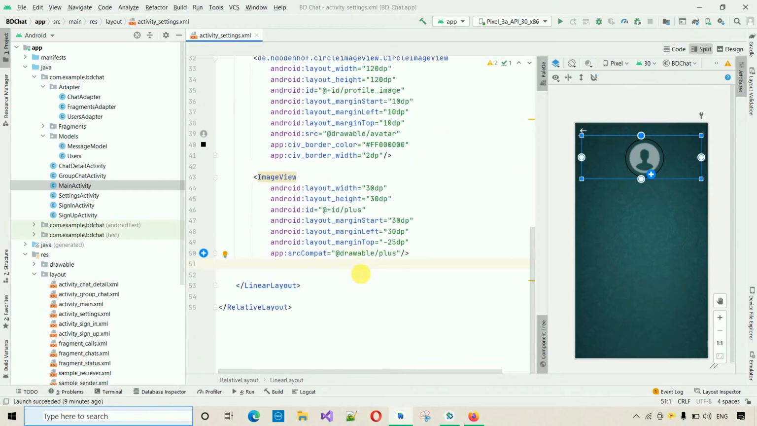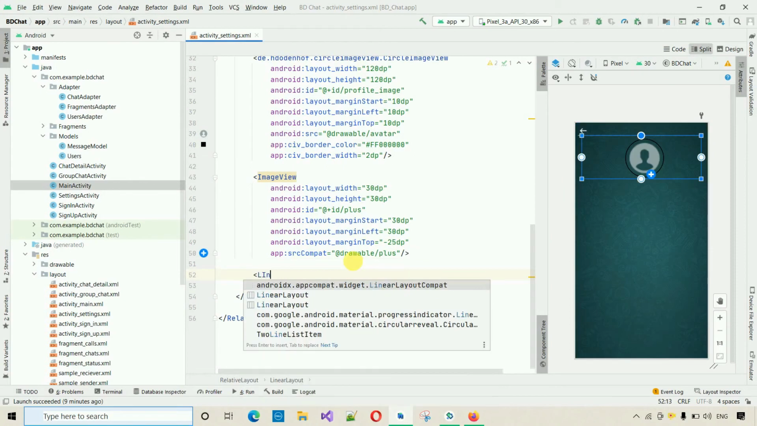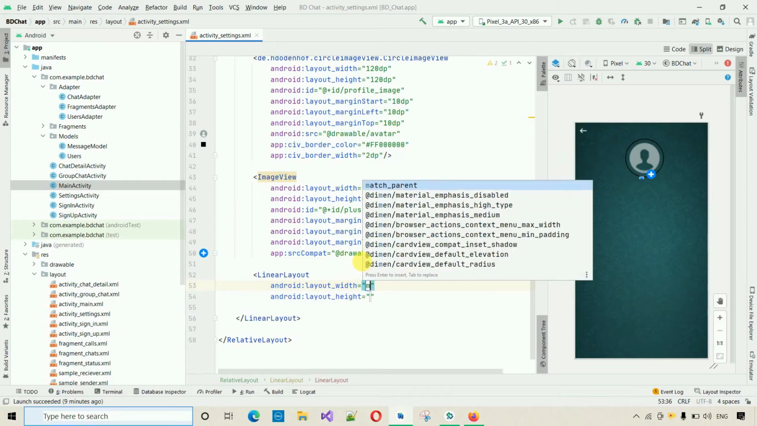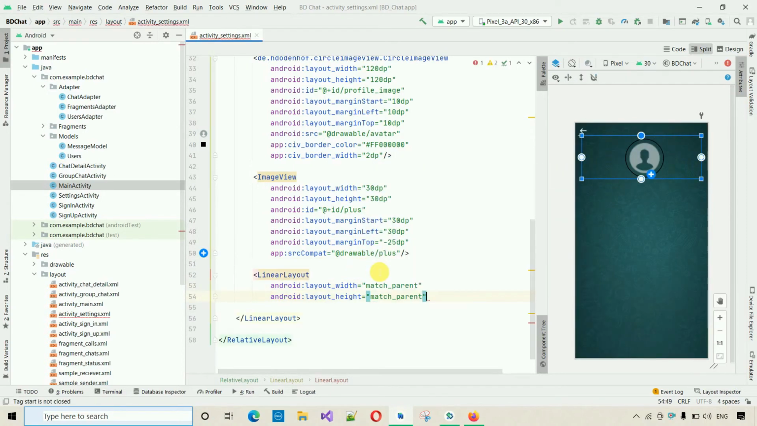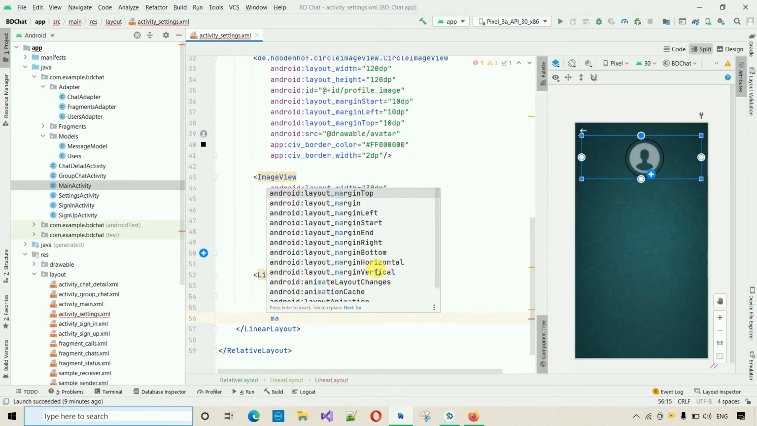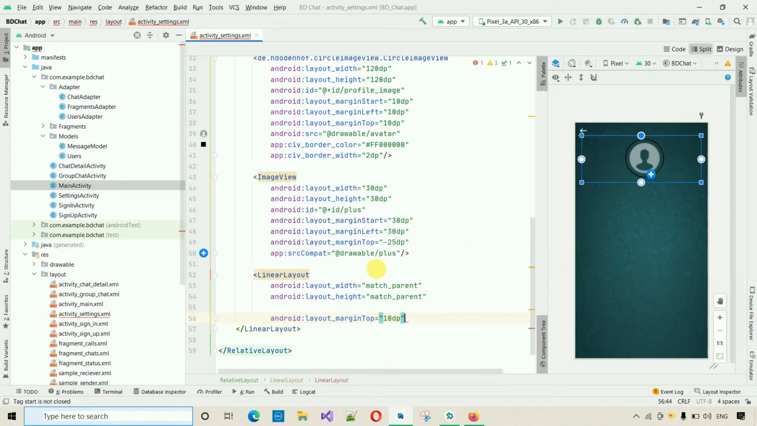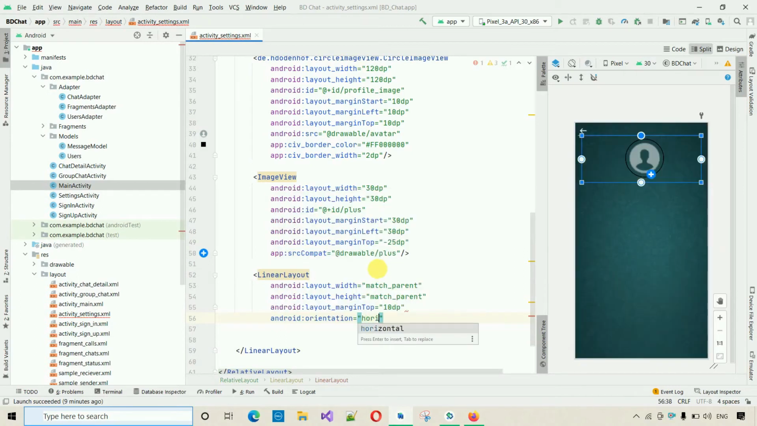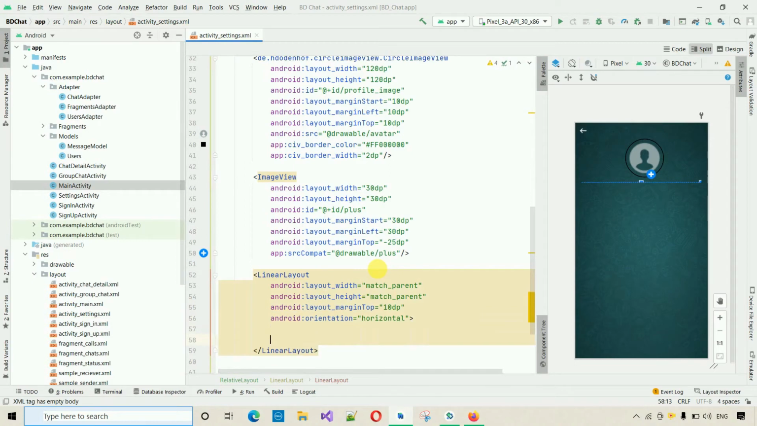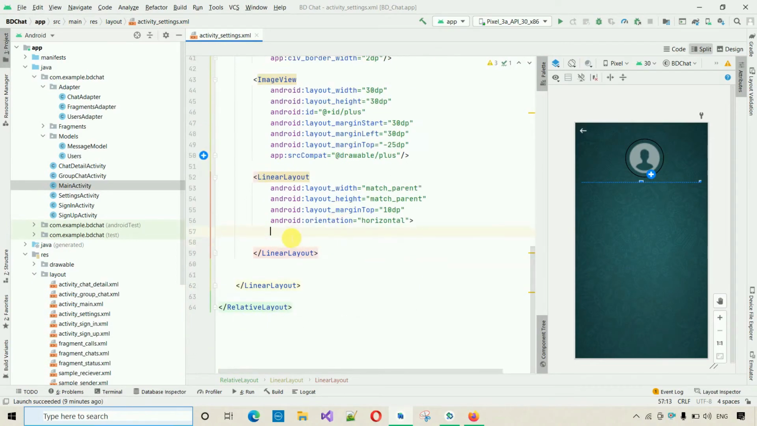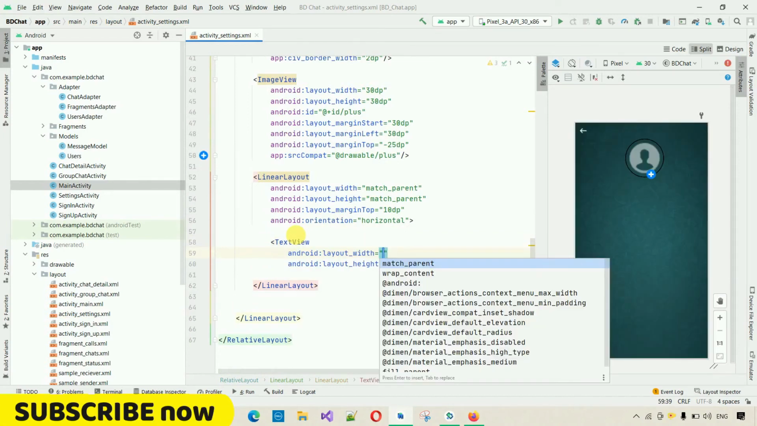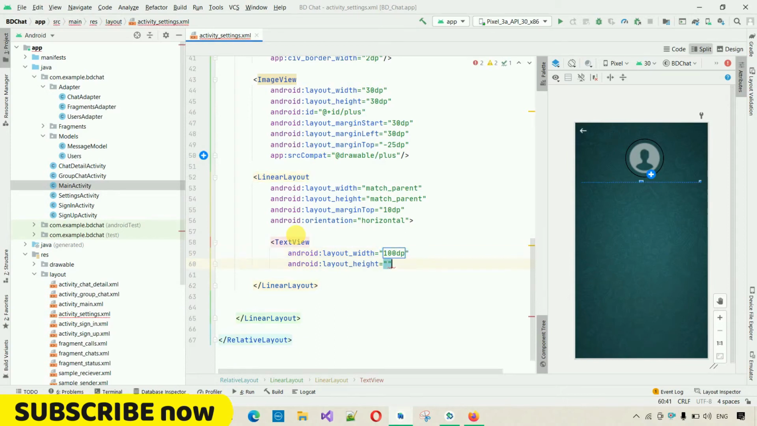I'm going to add one linear layout inside this one. So linear layout, and height and width will be match parent and match parent. After this, I'm going to set the margin from the top, that will be 10 dp. Okay, let me just delete this extra space and make some space over here. And I'm going to set the orientation to horizontal. Just close this, and inside this one we need to put 2 views, one text view and one edit text. So I'm going to put one text view inside this one, and width will be 100 dp and height will be match parent,